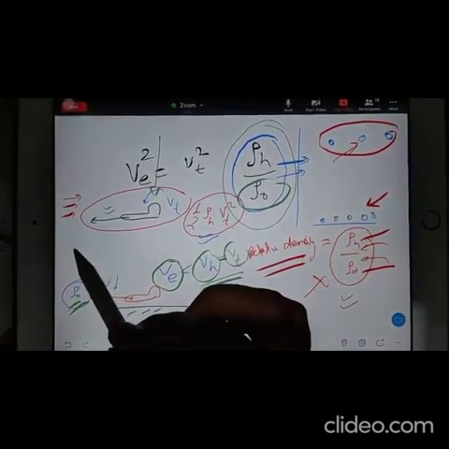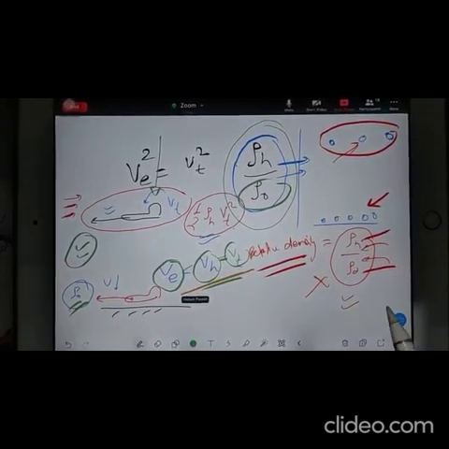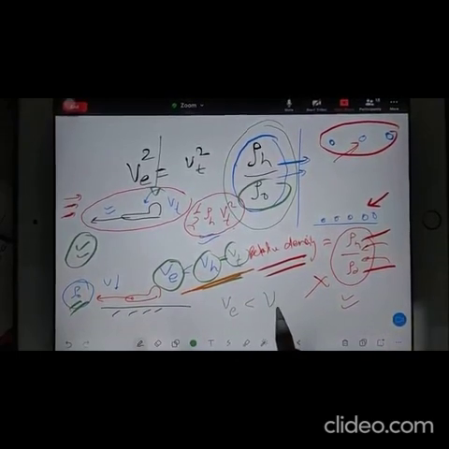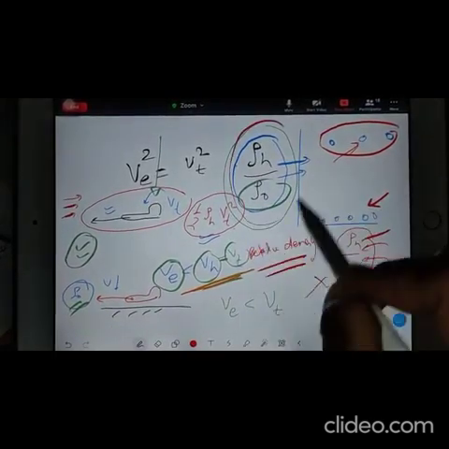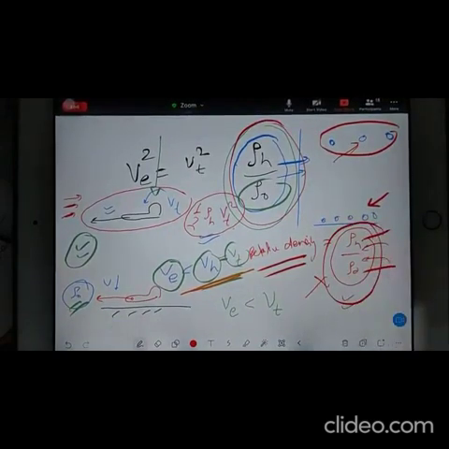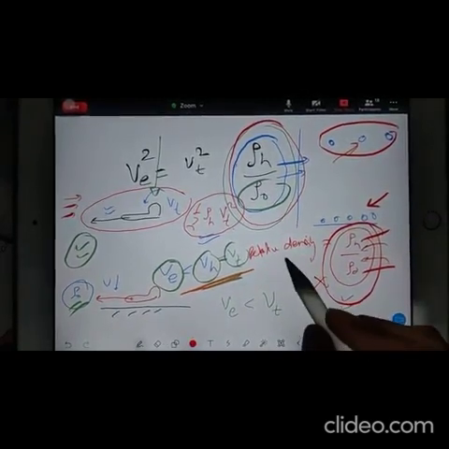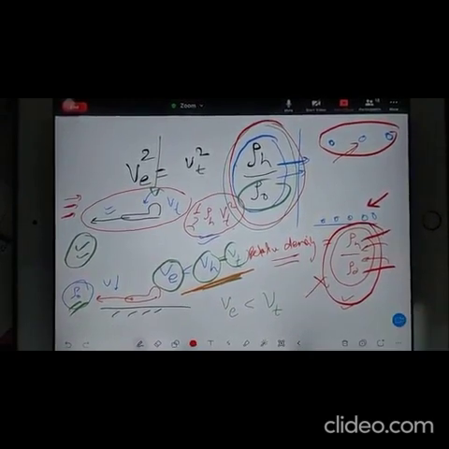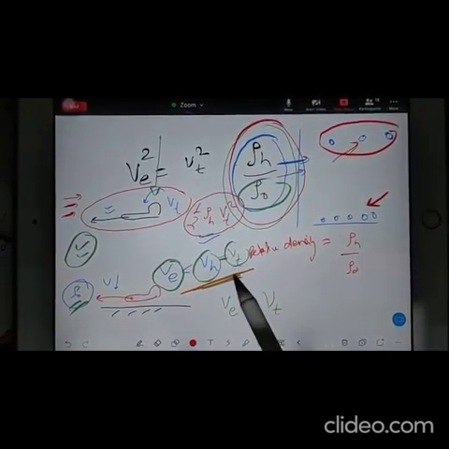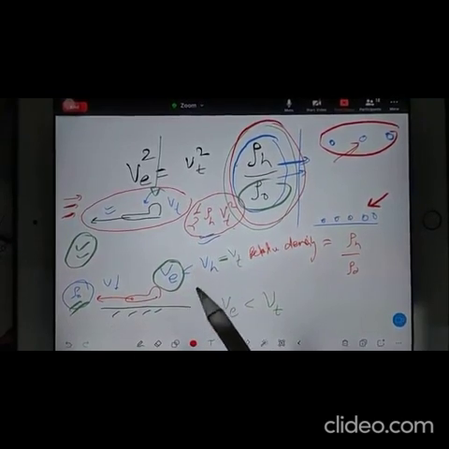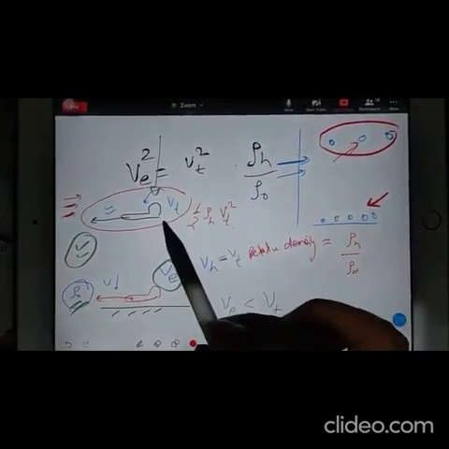Okay, now we will move ahead in the chapter. I am writing V equivalent is less than V true. This total is your sigma, the relative density symbol. So they may give in terms of relative density directly, they may give the ratio, or they may give you two different densities. How will you guess the ratio is given? If the ratio is given, a unit will not be given.